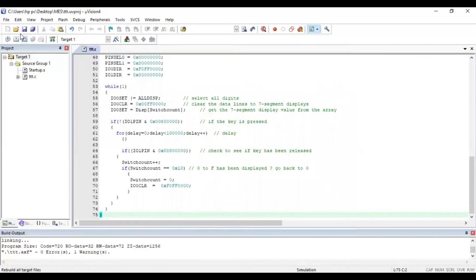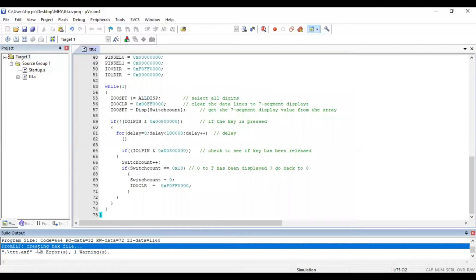So now again you save it and then build target. So once you click on this build target, you have to get a message here like creating hex file. So this message is compulsory. If you get this message creating hex file, that is the meaning that your file is ready for execution. So now once your file is ready for execution, we have to see the settings for FlashMagic. FlashMagic is a tool which is used for interfacing your program to the board. So now I will show you how to use the FlashMagic.